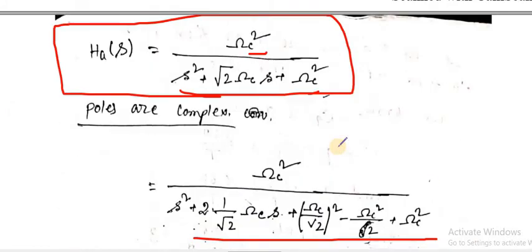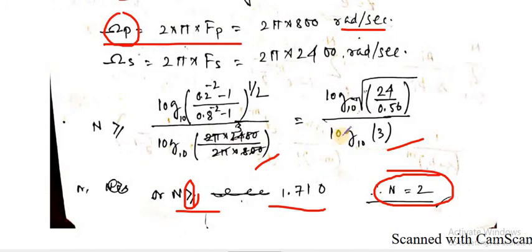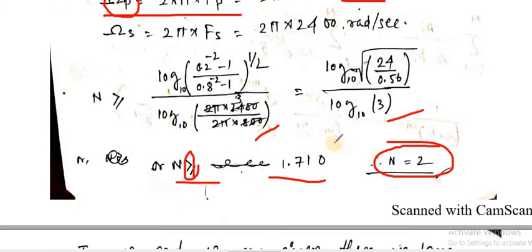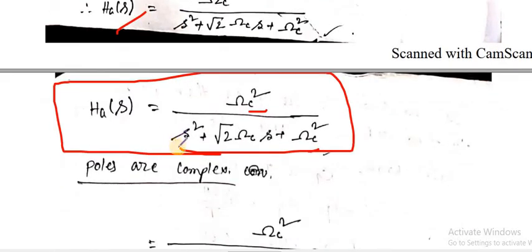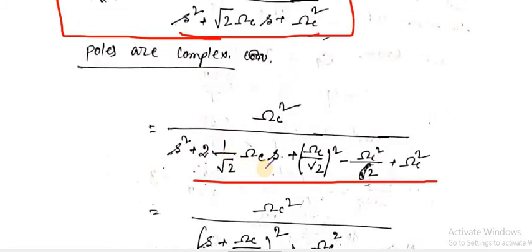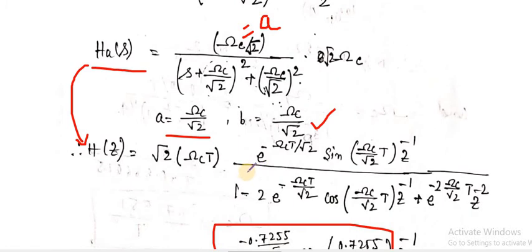So the step-by-step process is, first you have to calculate the order and cutoff frequency. Then depending on the order, you have to calculate HA of s, that is the analog transfer function. Then you have to express your analog transfer function in a standard format. We already discussed the 4 standard formats. You have to represent your HA of s in any of the 4 standard formats. Then you can write down H of z, if we opt for the impulse invariance technique.